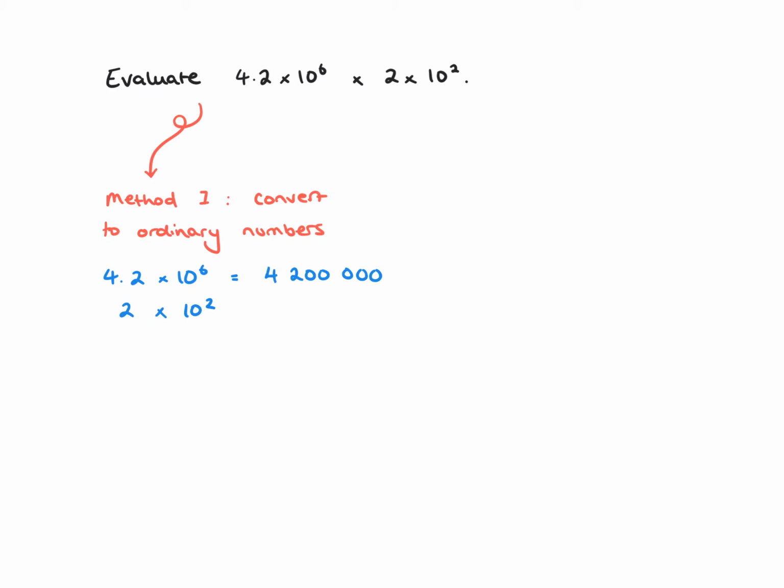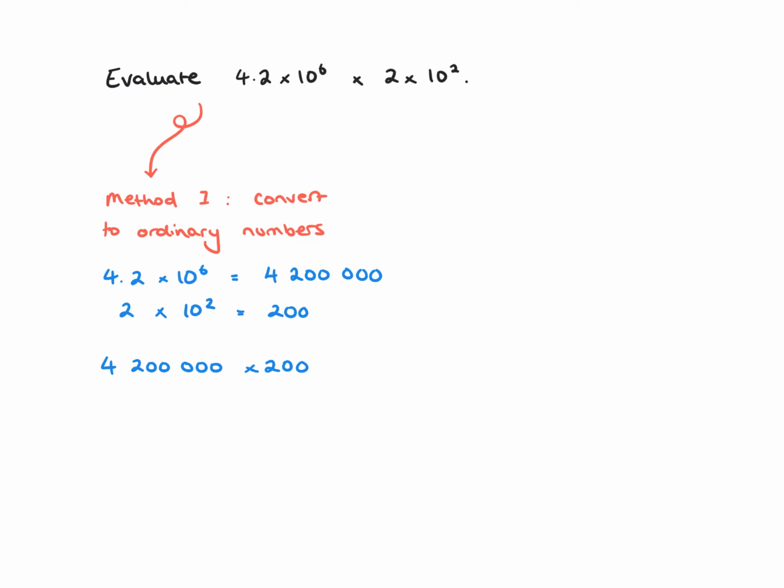Then we take 2 times 10 squared. That's the same as multiplying 2 by 10 twice. So we're going to move the digits to the left 2 spaces. And so we get that 2 times 10 squared is equal to 200. This in turn means that the calculation 4.2 times 10 to the power of 6 times 2 times 10 squared is